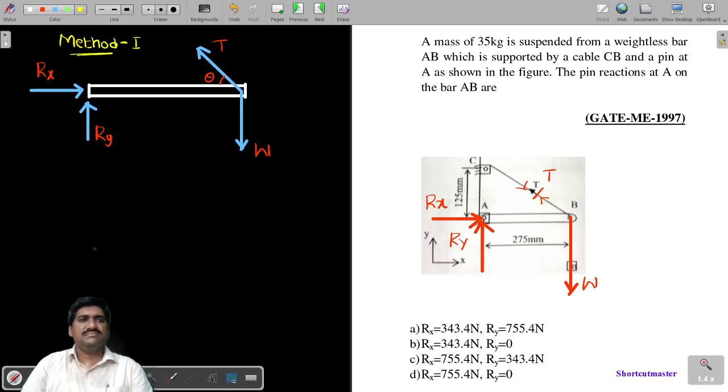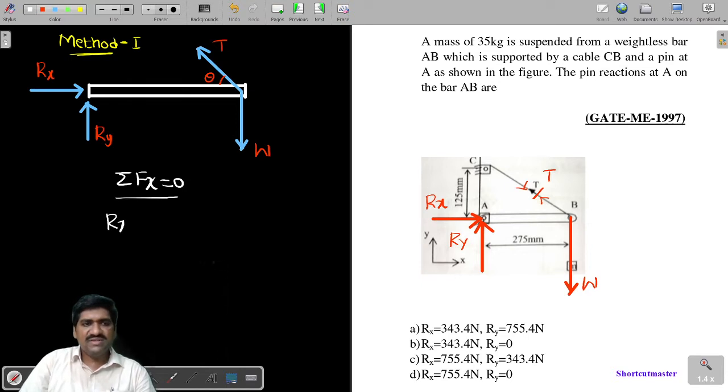Method one. Now, summation of Fx is equal to 0. This is the first equation of equilibrium, all of you. That is, I can write this one as Rx minus, upon resolution,